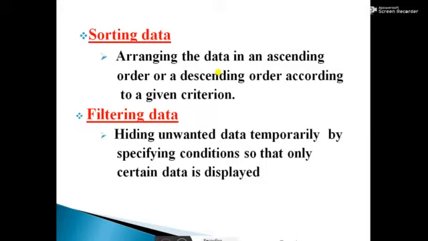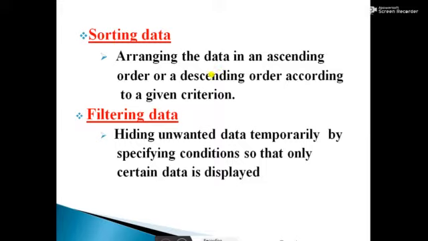When your maths teacher asks you to arrange the numbers in ascending and descending order, like that only here. Not only can we arrange the values, we can also arrange text. For example, student names also we can arrange in alphabetical order.